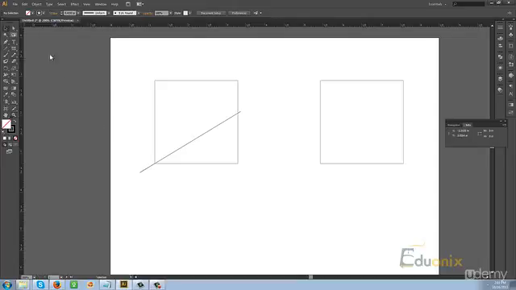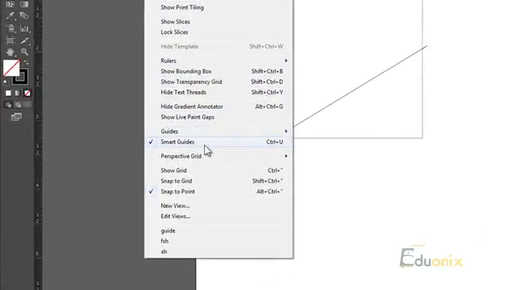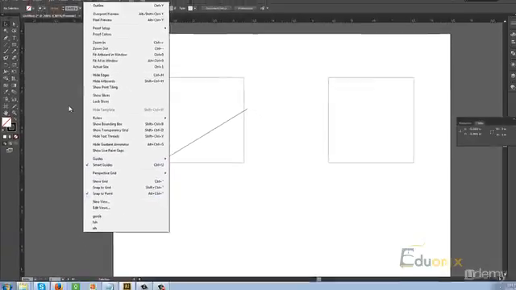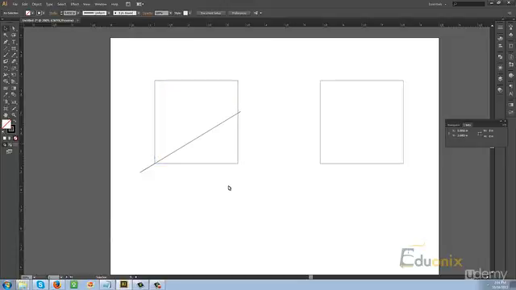So as you can see, I've already drawn out a few things on here. Now I have smart guides on, like you should pretty much all the time. Also snap to point, and none of my guides are hidden or locked. That'll come in later. For right now we're going to go into measuring two squares, two rectangles, right across from